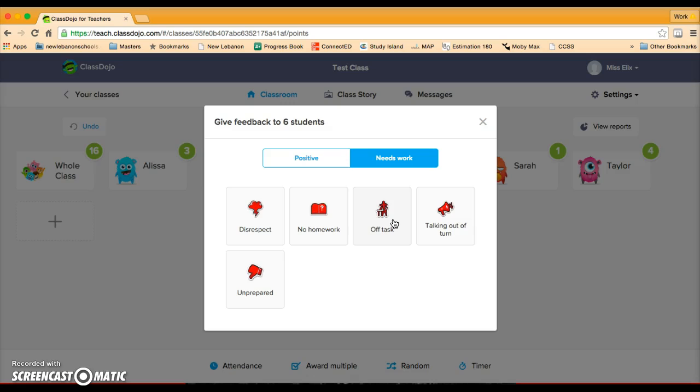I've also thought about maybe having the class be responsible for each other and try to get kids back on task, and saying that it's your job, if you see students that are off task, to get them back on task. Otherwise, the whole class might lose a point. So that whole concept of teamwork and responsibility. So I thought that might be a way that I could use this. But again, the needs work